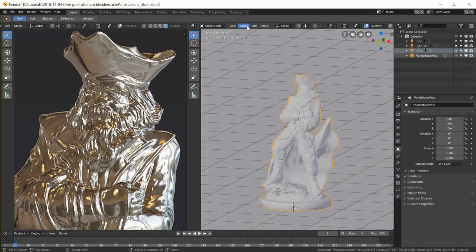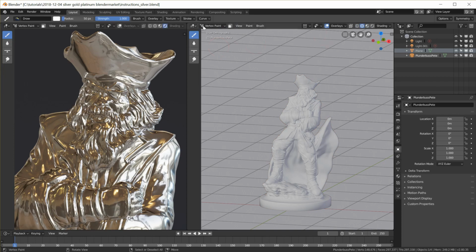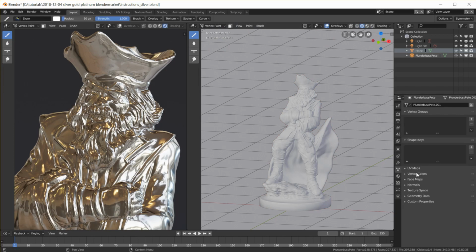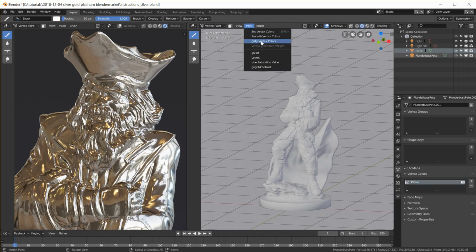With my object selected, I go to Vertex Paint. Then I simply hit Paint, Set Vertex Color so that I get a vertex color slot over here. I'm going to call this Patina. And then I select Paint, Dirty Vertex Colors. And now Blender uses a sort of ambient occlusion algorithm to paint vertices that are close to other vertices darker